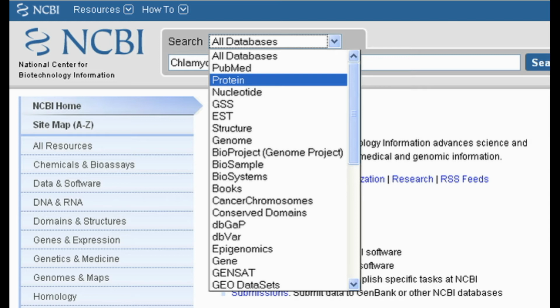Protein clusters provide annotation, publication, domain search, external links, and analysis tools, including multiple sequence alignment and phylogenetic trees.